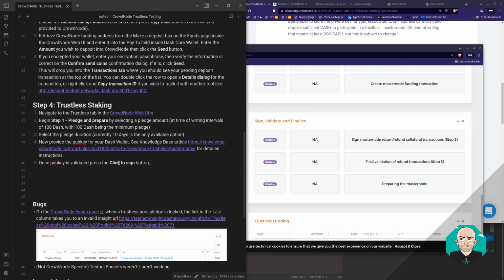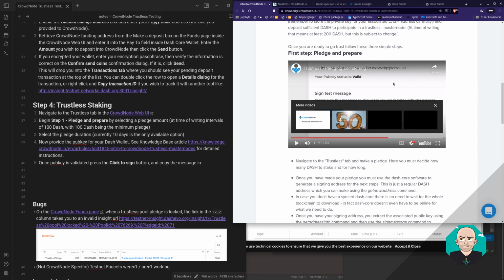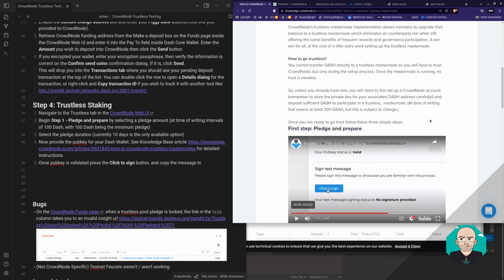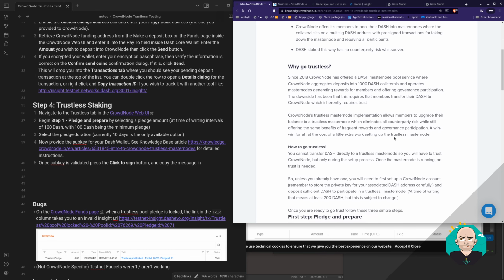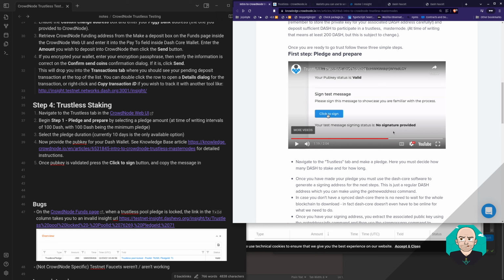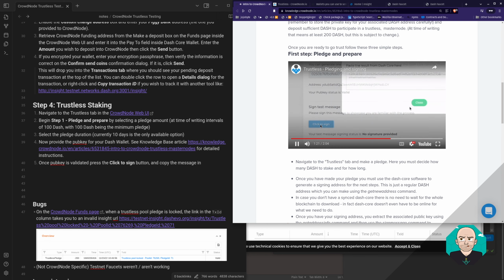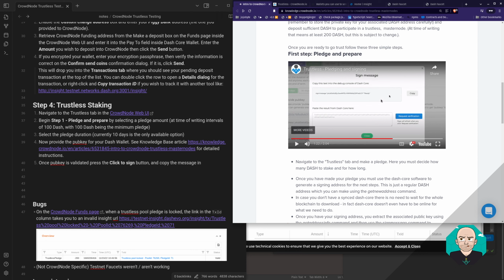and copy the message. Let's see. This is run through in this other knowledge base article. So it does Sign? click to sign. Copied the, and so we want the sign message ready. So once pub key is validated, press the click to sign button and copy the message in